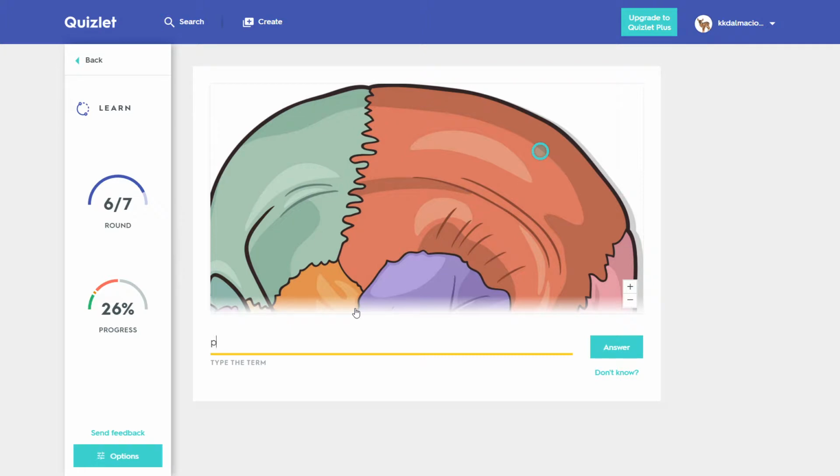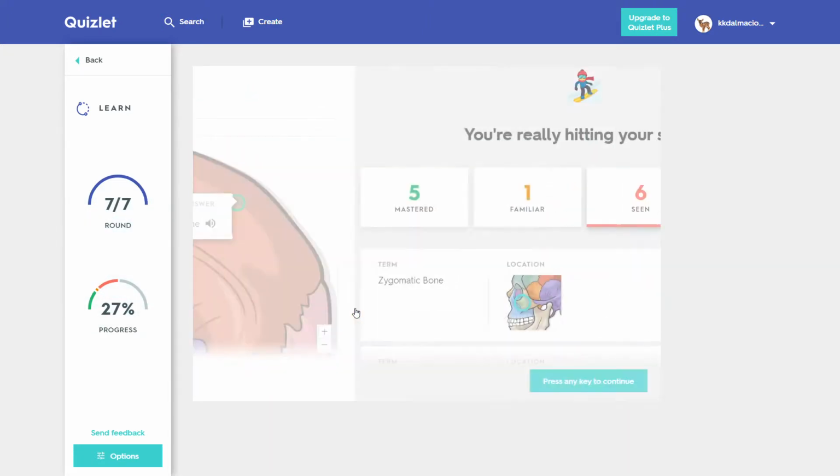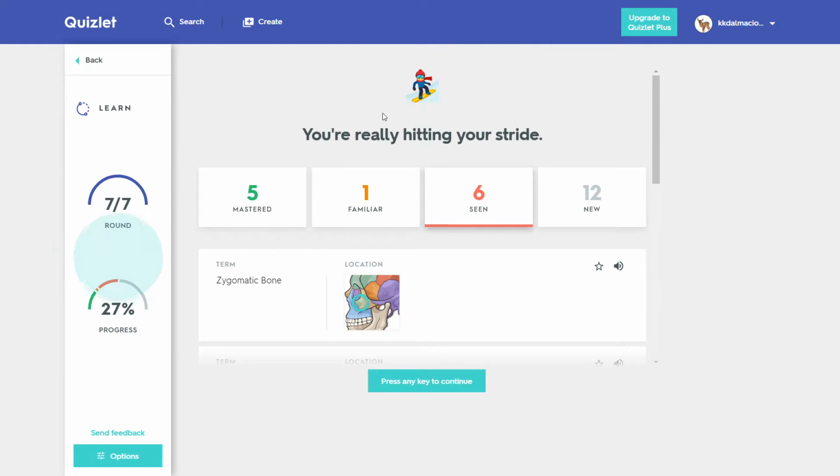Okay, that would be the parietal bone because it's on the temple. So you parry at the temple, you fight there. That's where the monks are. You're really hitting your stride. Oh, thank you. And look at this guy. Oh, snap. He's